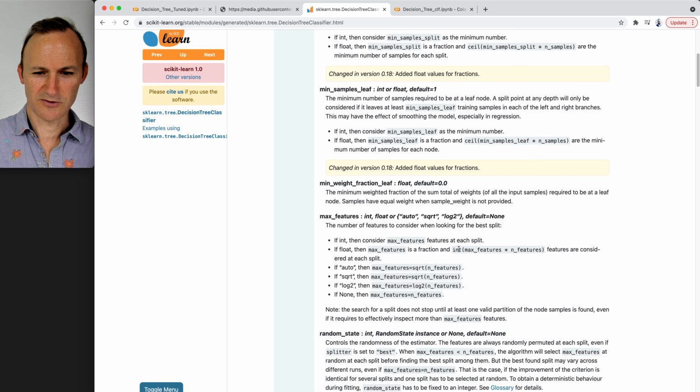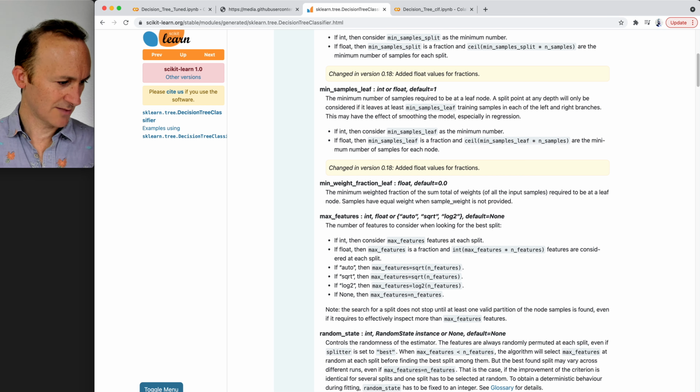And by the way, what's interesting is it gives you some different options here. These are interesting possibilities, and they're interesting in particular when you're looking at large data sets, but you can literally just put in percentages. Like n features for us would be 13. So what's the square root of n features? What's the square root of 13? Well, 4 squared is 16, so it's going to be like 3 or 4, because 3 squared is 9. But you can actually put in anything,